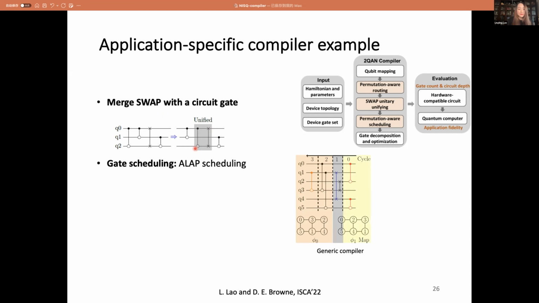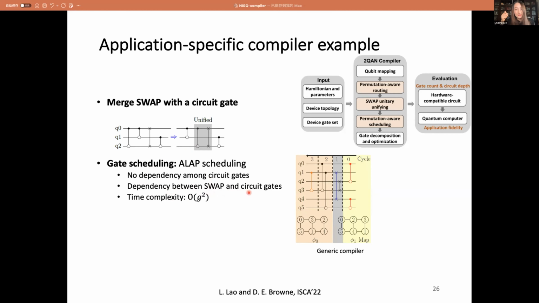In particular, again, we have mentioned many times the general purpose compiler always respects the gate dependency, but in our case, there is no gate dependency among the circuit gates, but there is a dependency between a swap gate and the circuit gates that need to be routed by these swap gates.